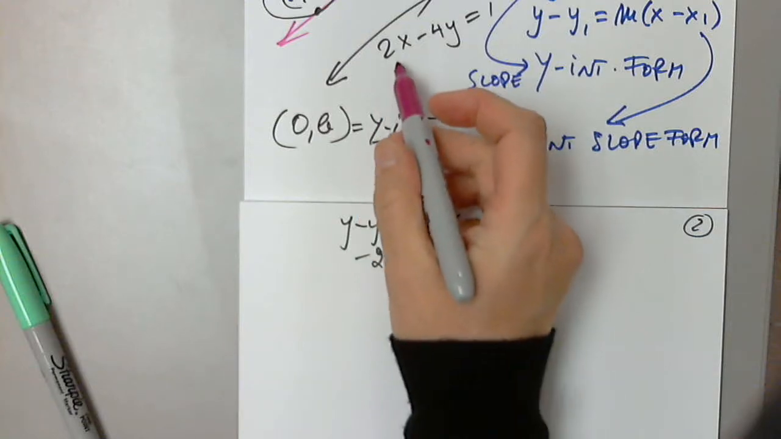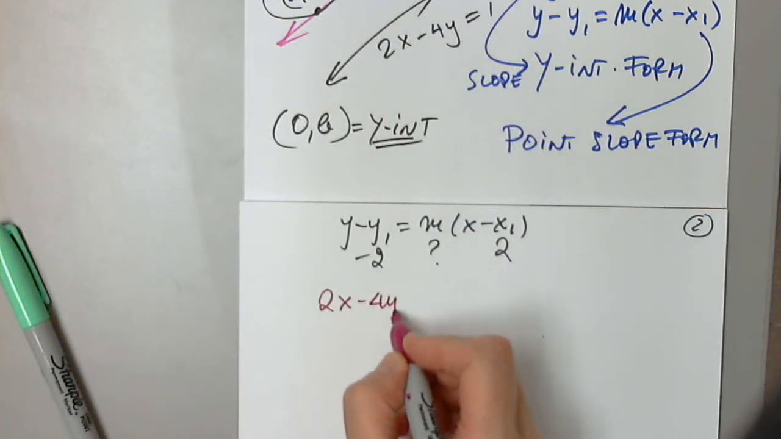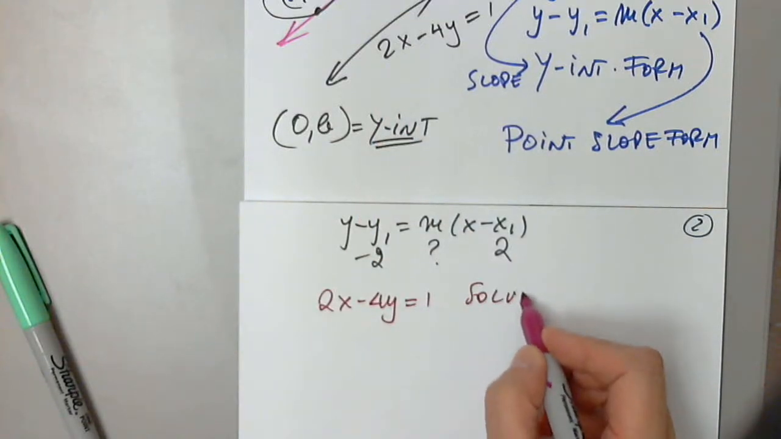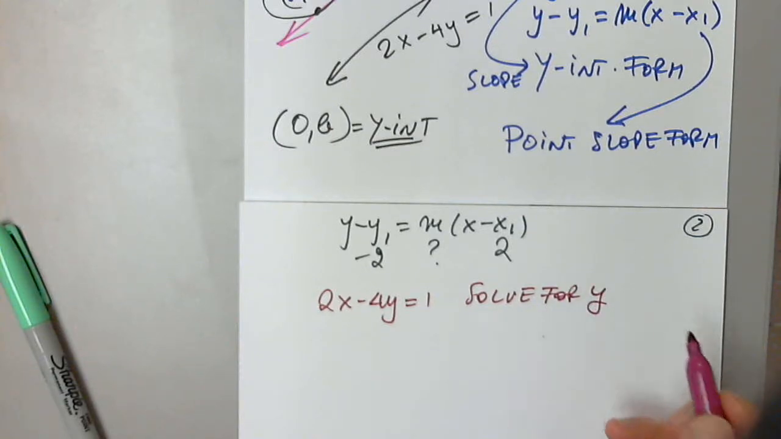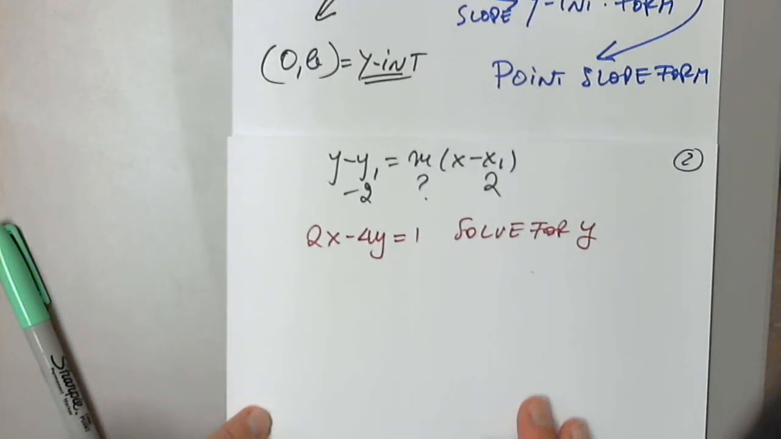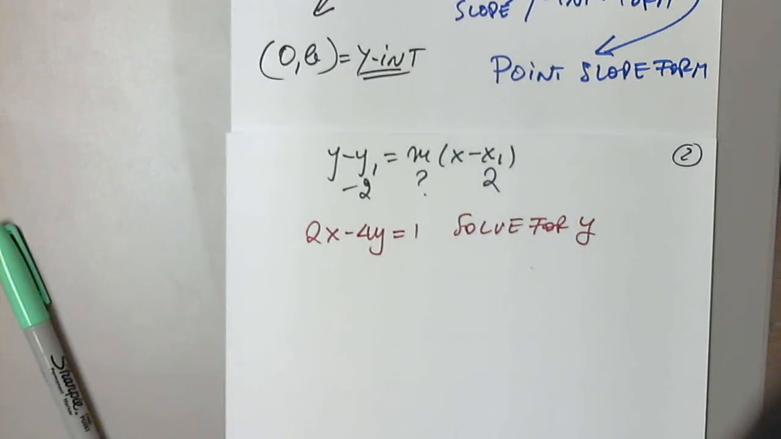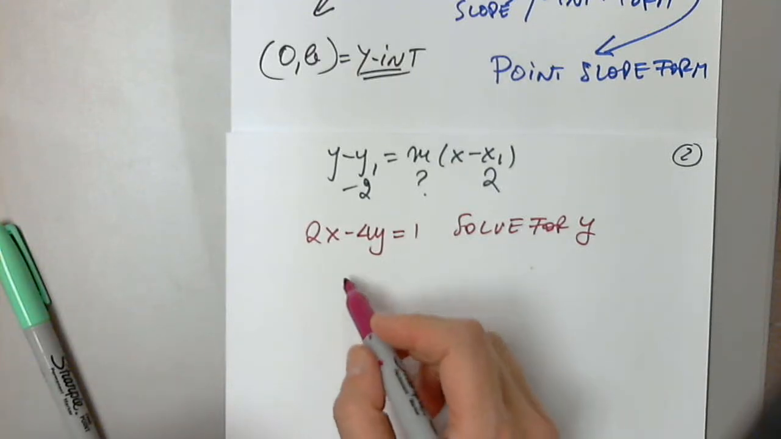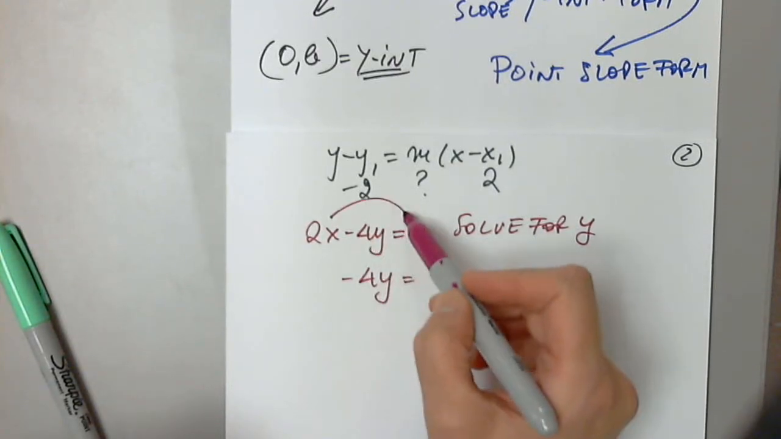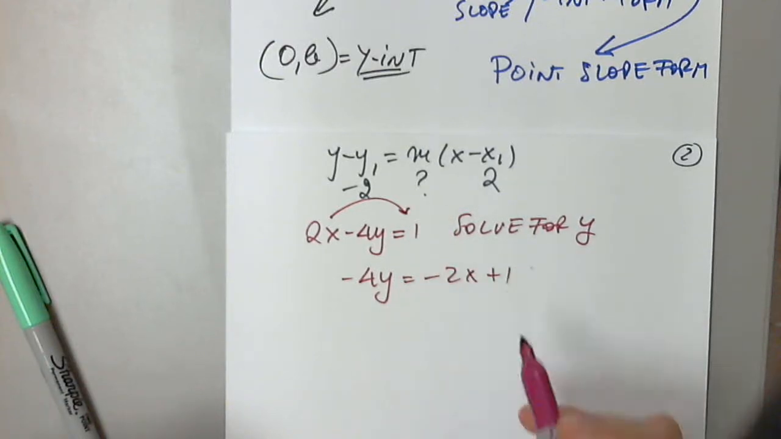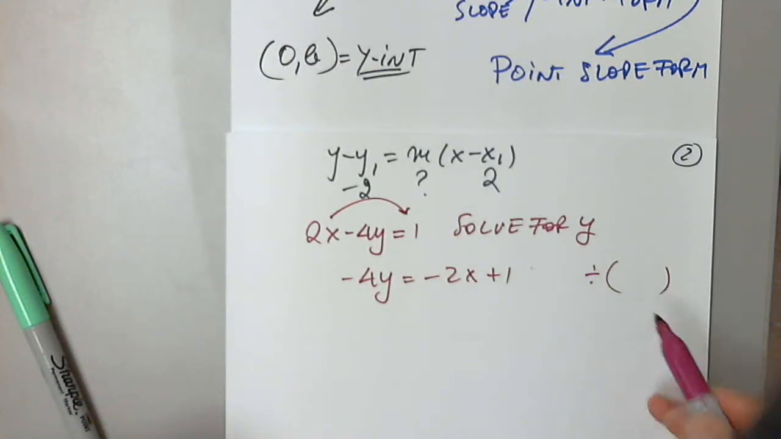I take this given equation 2x minus 4y equals 1 and solve for y. Why am I solving for y? Right. So I have negative 4y. We subtract 2x. And we will divide both sides by